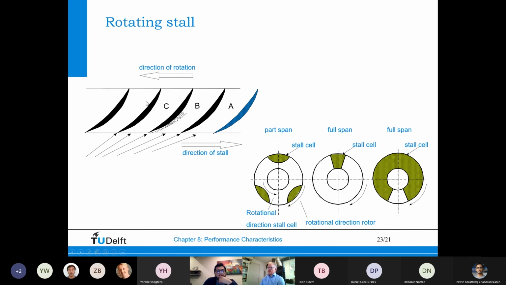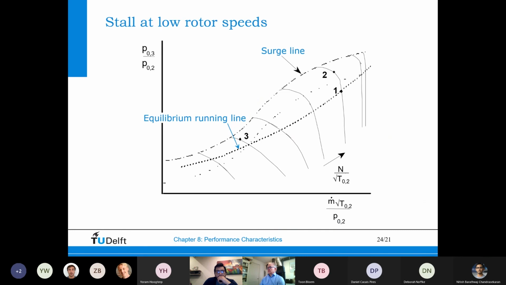The stall cell covers a number of passages, but it's traveling in the opposite direction of rotation of that rotor, and may cause funny effects. Stall is not as problematic anymore as it was in the past, about 30 or 40 years ago, with